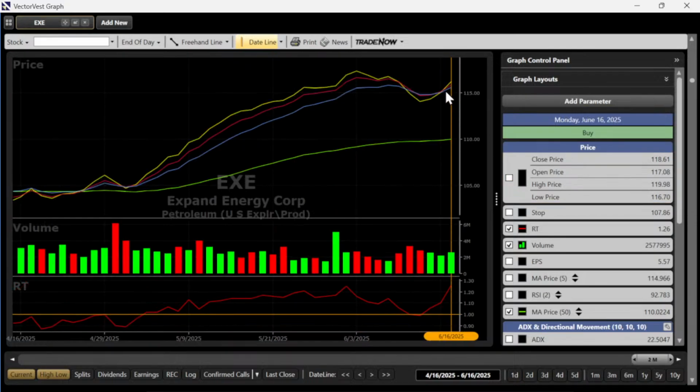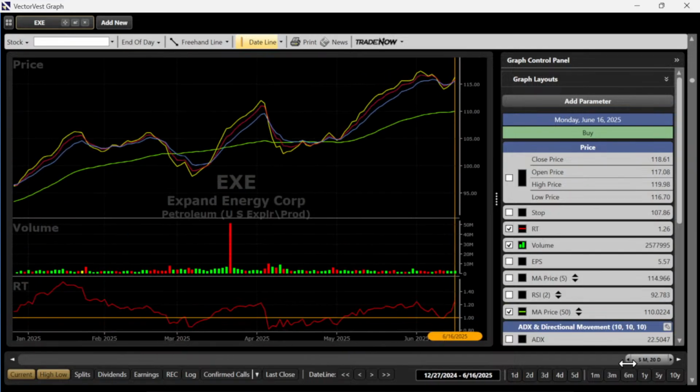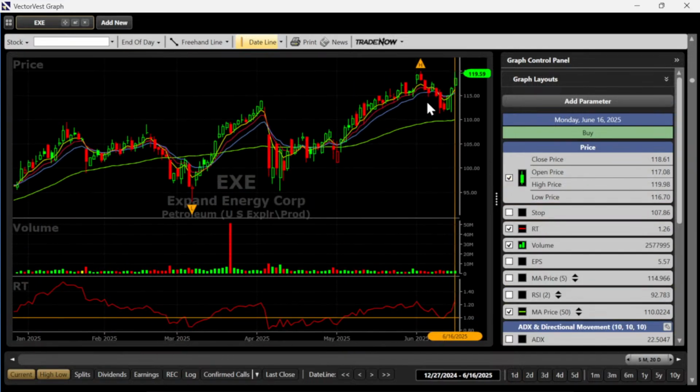There's your crossover. There's your fanning apart of those 3 EMAs. The stock is in a pretty strong intermediate term trend, right? Because the 50-day moving average is beginning to slope upward. We talked about the slope and how it determines the strength of the trend. The intermediate term trend is strengthening.